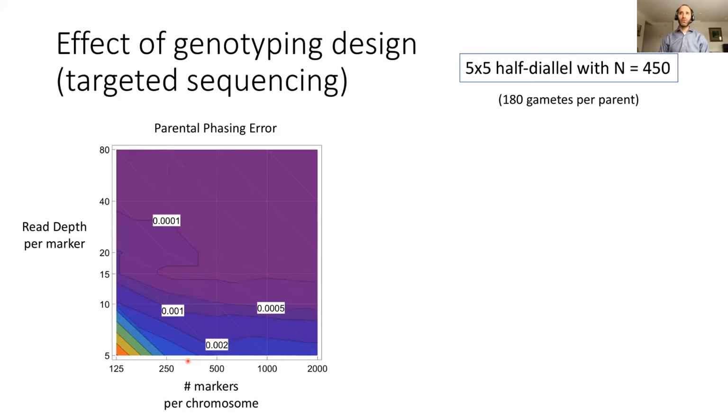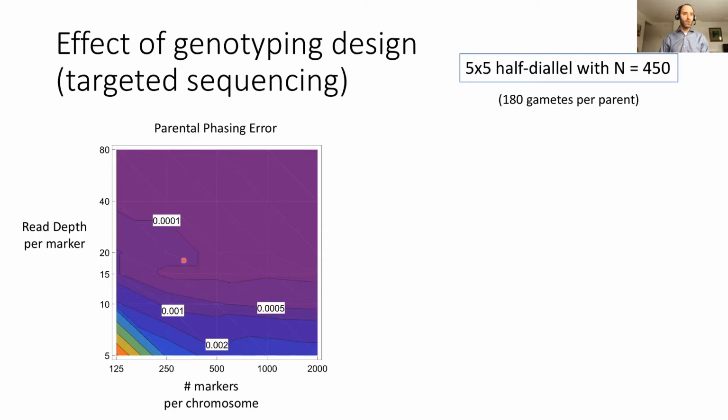And we looked at that using a 5x5 half diallel with 450 offspring and balanced population sizes for each of those F1 populations. That works out to 180 gametes per parent, which is a lot, way more than the number of 20 that we just talked about. So we have more than enough replicates to be successful with parental phasing,